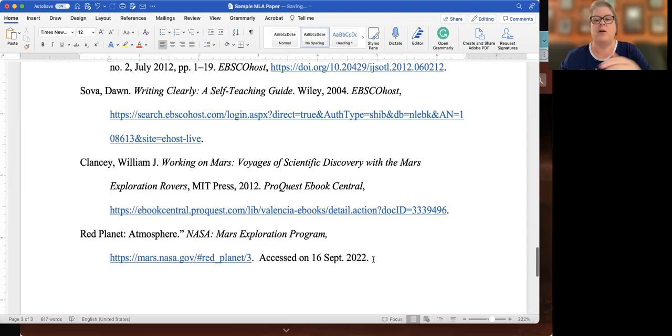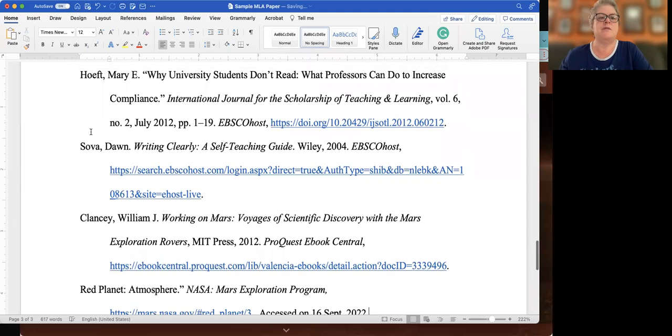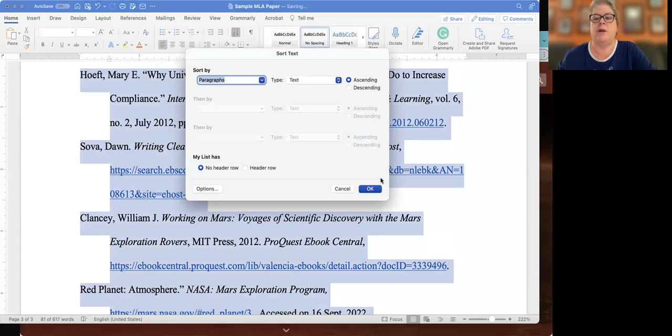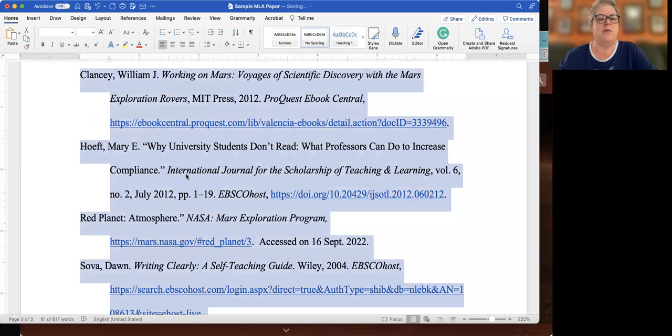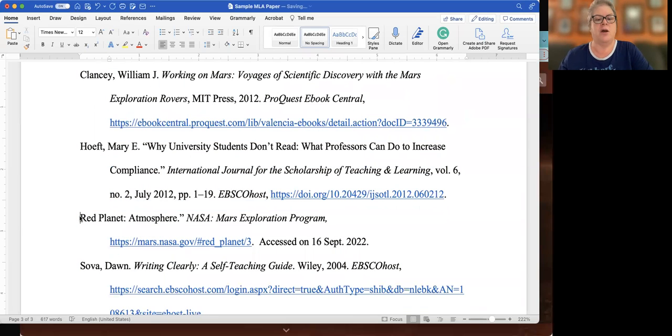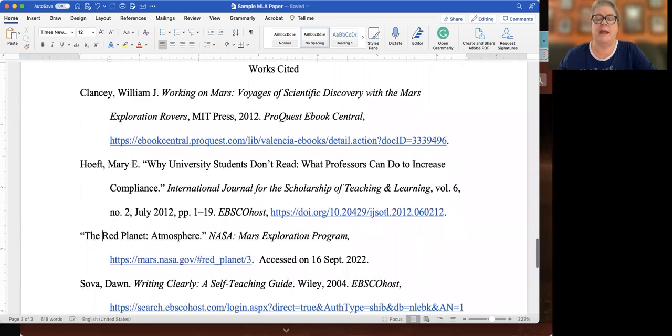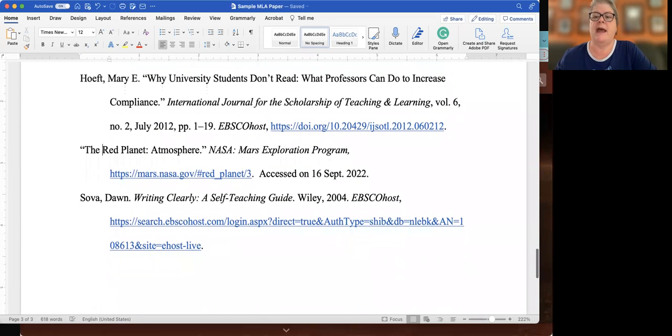I'm going to highlight my whole list. This is one of my favorite things I ever taught myself in Word. And I want to use the sort key. I want to do it by paragraphs, and now they are in the correct order. And all I need to do is add back in there we go. So this is how you create a works cited page,